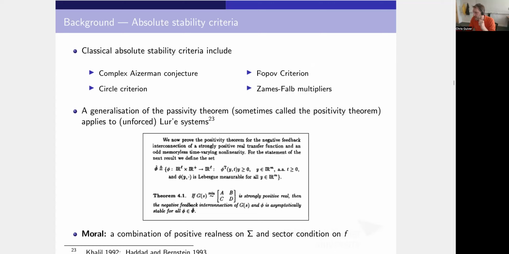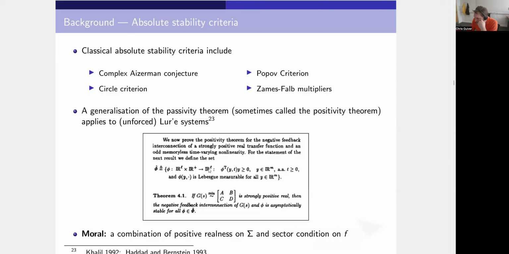Okay, the circle criterion, Popov criterion, Zames-Falb multipliers. Essentially all of these impose different assumptions, so they treat different Lur'e systems. A result that we're going to generalize is sometimes called the positivity theorem. This is for unforced Lur'e systems at the moment. I've taken a screen grab from this Haddad and Bernstein paper. Sigma is the linear system. If this is strongly positive real, so that's a passivity or dissipativity property,